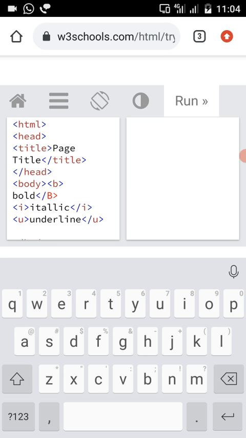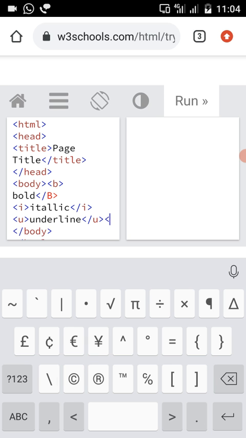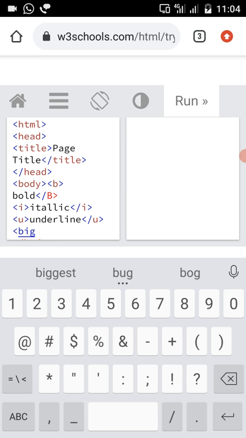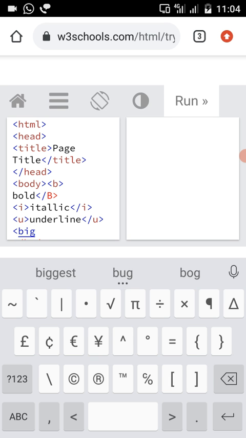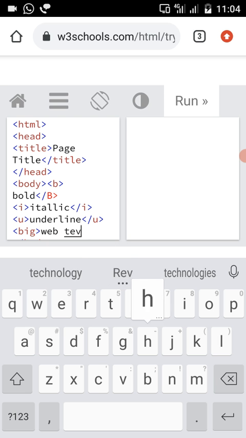And the next tag I am going to use here is the big tag. If you want to represent your text in a big font, you have to use the big tag. Here I am writing a phrase called web technologies.